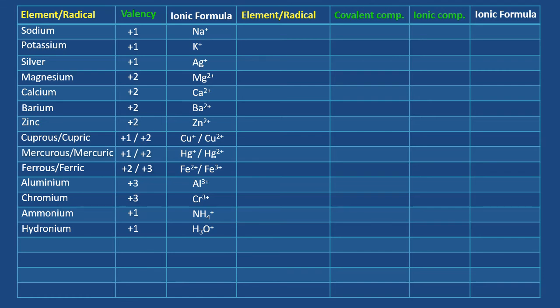Now focus on the column number 4. As you know that non-metals form both ionic and covalent compounds. That's why I have made separate columns to show their valencies in either case. For example, hydrogen. In covalent compounds, its valency is 1. Not positive, not negative, just 1, which means that it forms only one covalent bond. It also forms H+ and H- ions. H+ is called hydrogen ion, while H- is hydride ion.